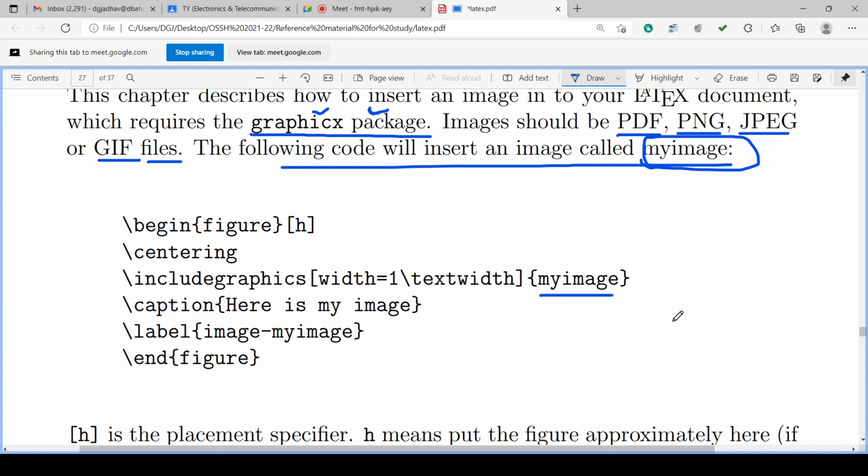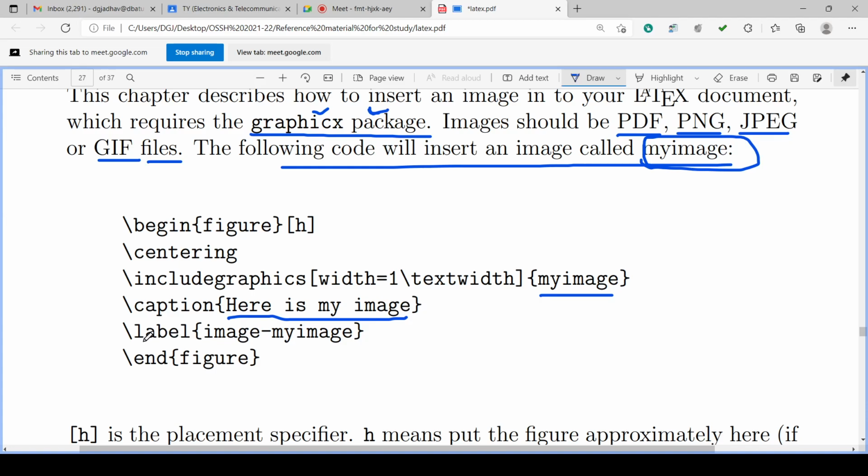So backslash caption, here is my image. It is a sentence which describes the image. You can give the name of the image, details in the image, or some technical information regarding the image. Whatever caption is required, you can give.